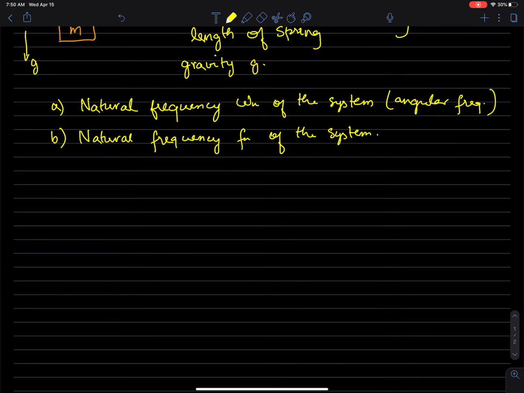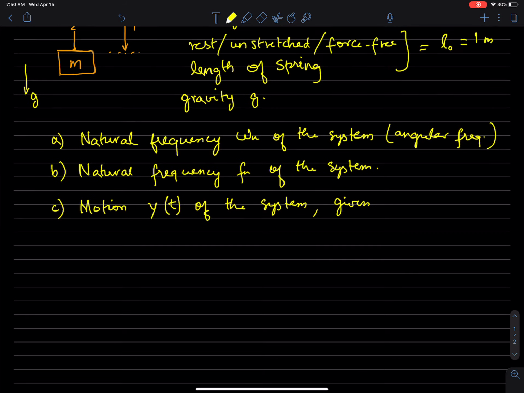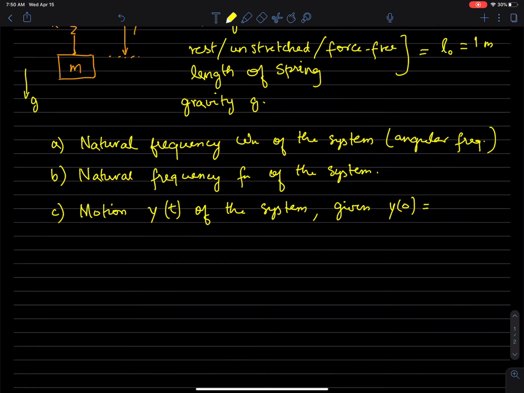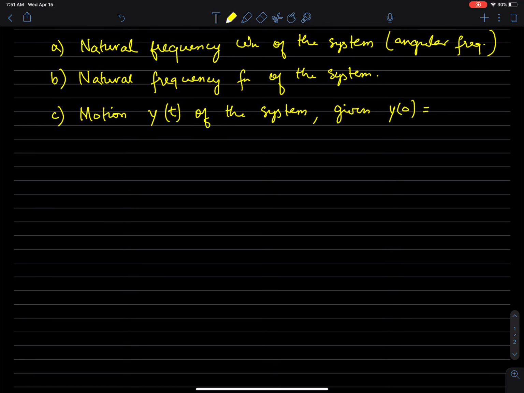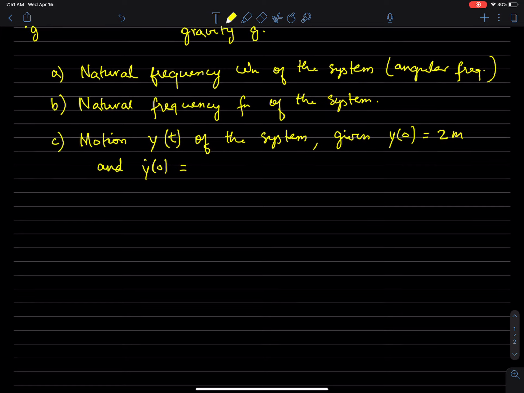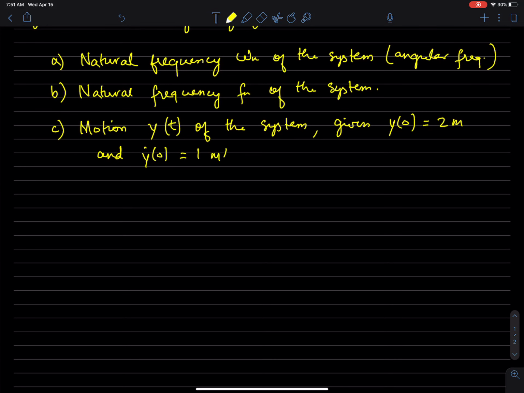And then we are going to ask C, motion y of t of the system given some initial conditions. Let's say given y of 0 equals 2 meters and y dot of 0 equals, let's say, 1 meter per second. Okay,